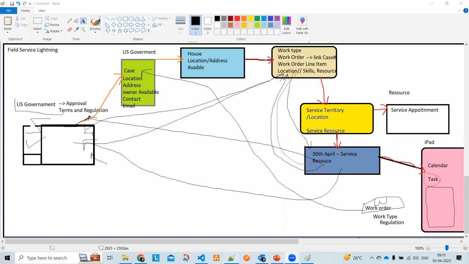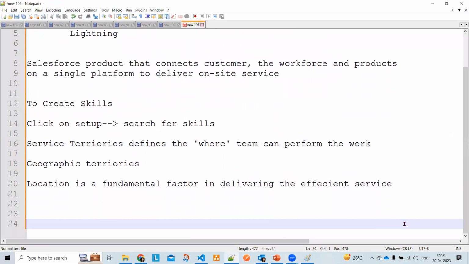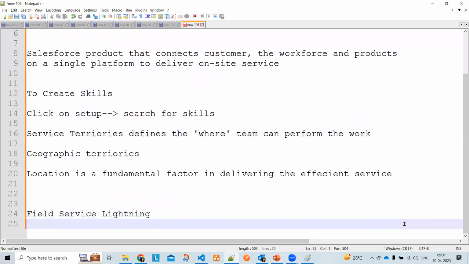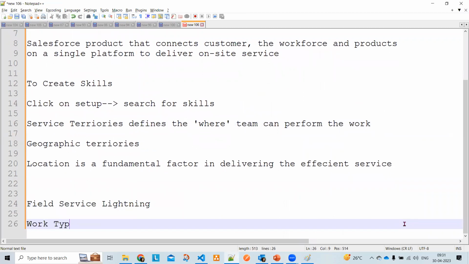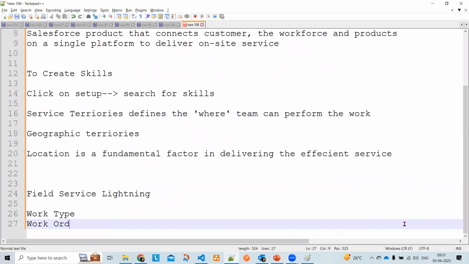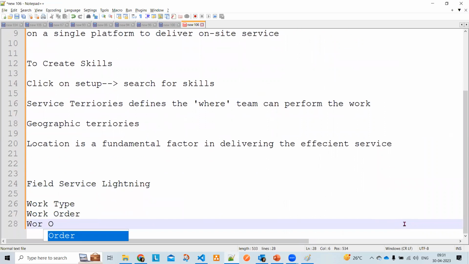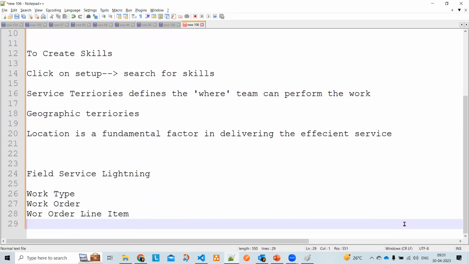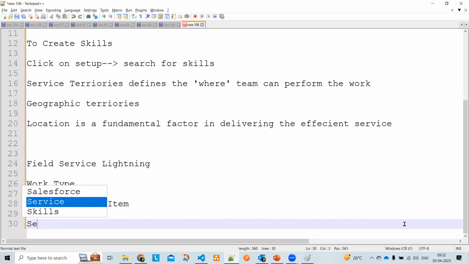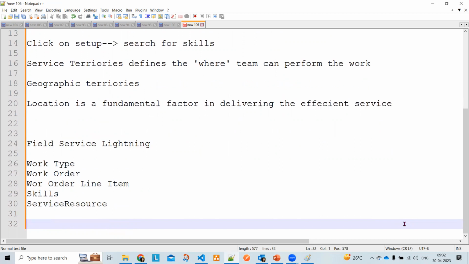Okay. Now, as part of the Field Service Lightning, the objects involved are: work type, work order, work order line item, and then you will have skills requirement or skills, and then resources assignment, which is a service resource, and then you have a service appointment,